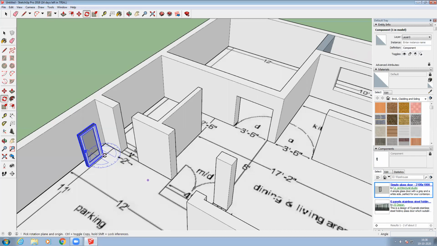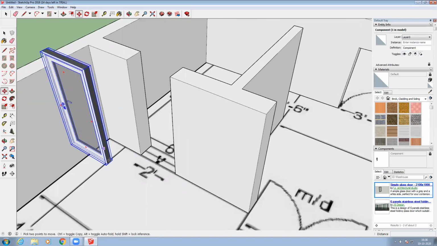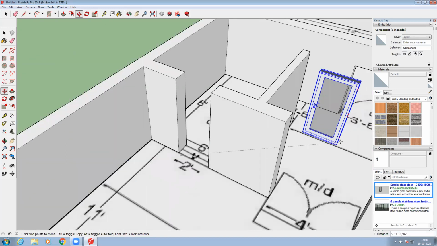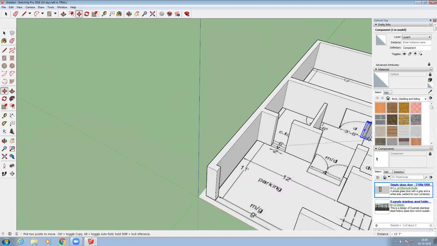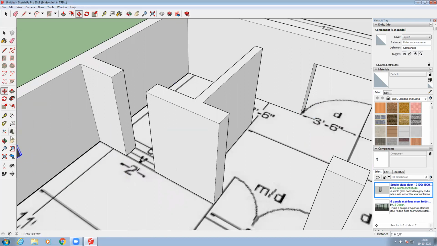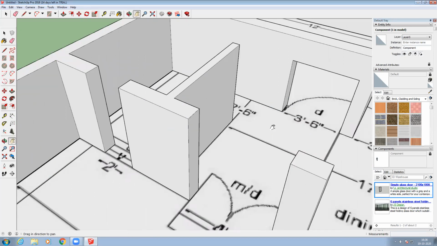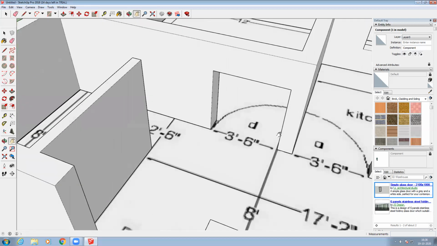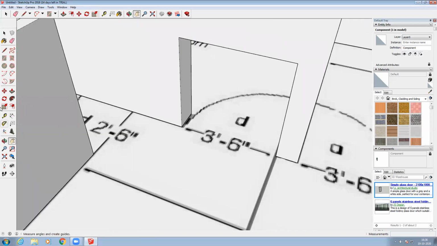I just click, drag, click, and rotate like this. Then I can move it and place it wherever I want. I'm just going to take a point, and drag and place it over here somewhere.